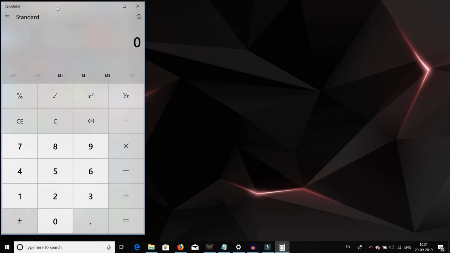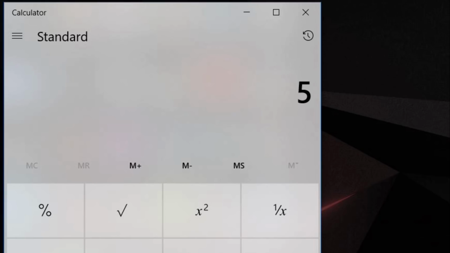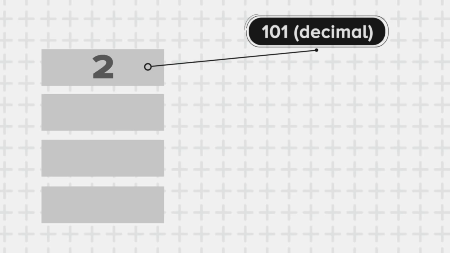Now, a process is nothing but an instance of this calculator. Suppose I want to add 2 plus 3. I click 2, I click plus, I click 3, and finally I click equals. And there I have the result. Now what do you think just happened? When I click the button 2, the value 2 is actually loaded into the main memory and it is stored